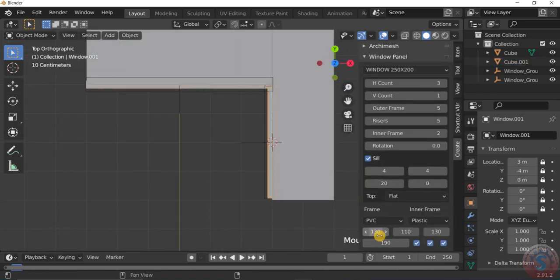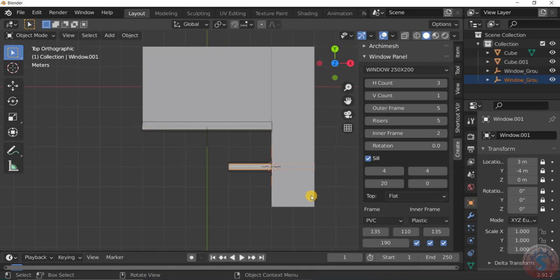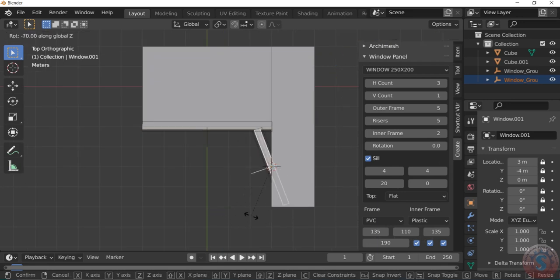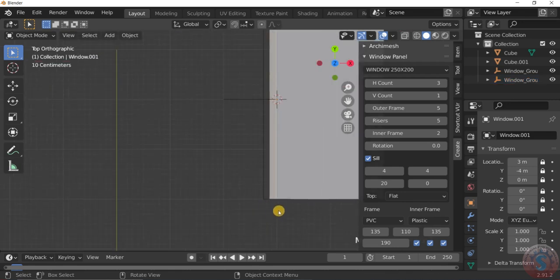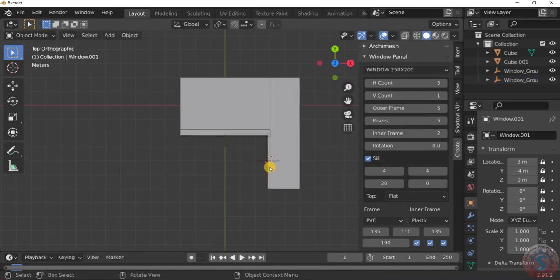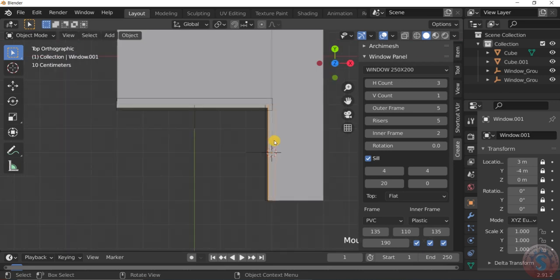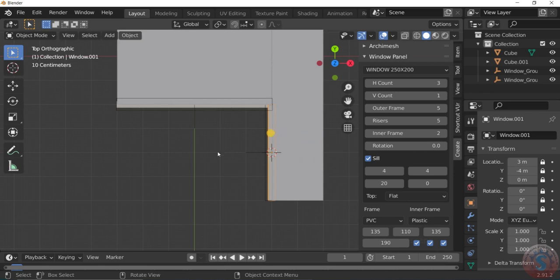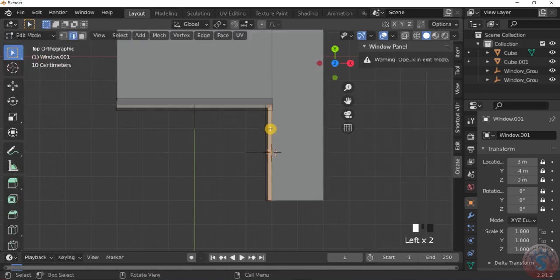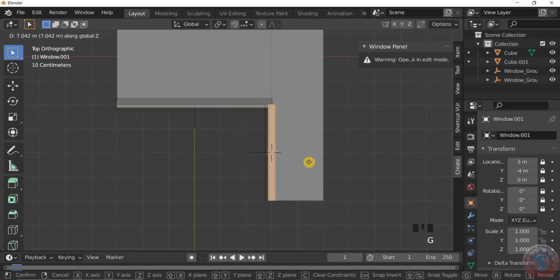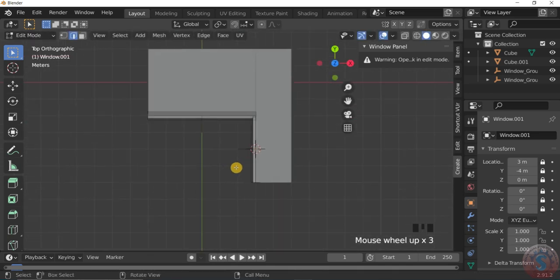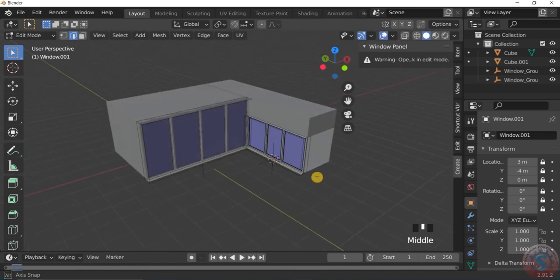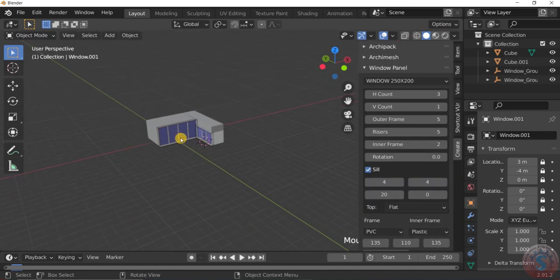This also needs to increase to 135, and again to 135, and then R, Z, Control key. It is in the exact position. If you want to move this window here only, you can adjust by using G and X. You can observe I am in edit mode, for example G, Z. Like this you can adjust here and there, and go into object mode again.